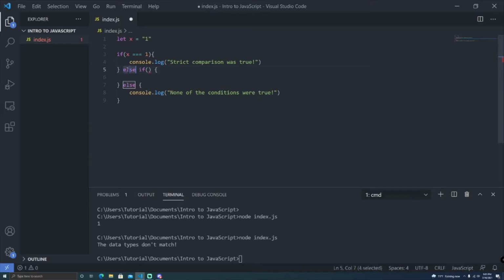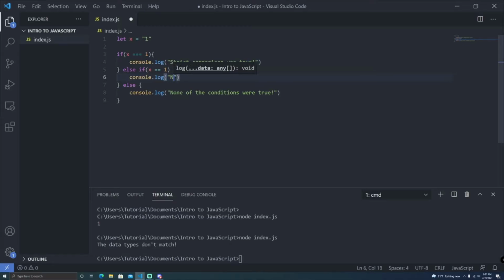So now you see here else, just like the same keyword down here, this is only going to run if this is false. So it's going to go, oh, okay, this comparison is false here. What's the next thing in the chain? It's going to see else if. So now this is another conditional that only runs if the initial conditional, or the one that directly precedes it, is false. So we're going to say else if x is loose comparison, or a non-strict comparison, x is equal to 1,